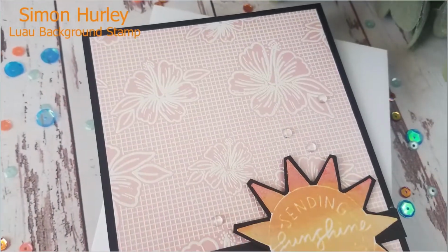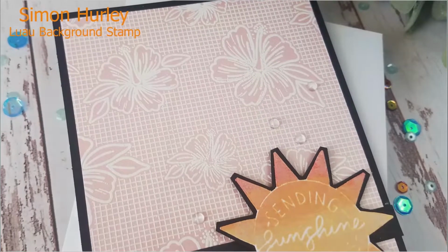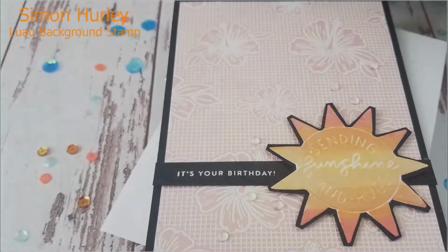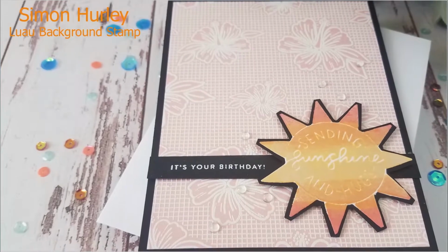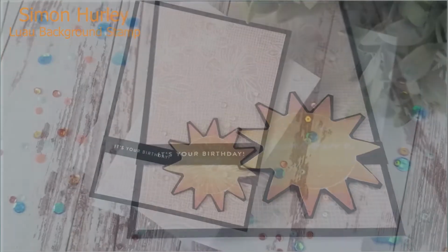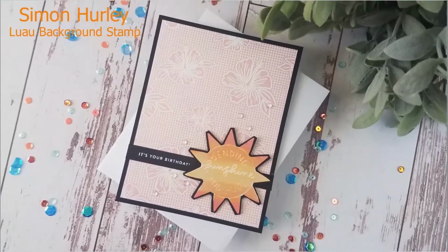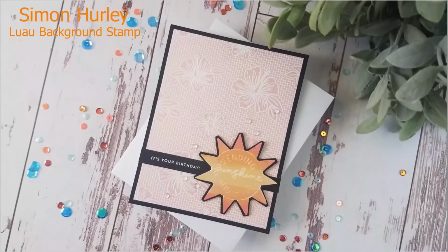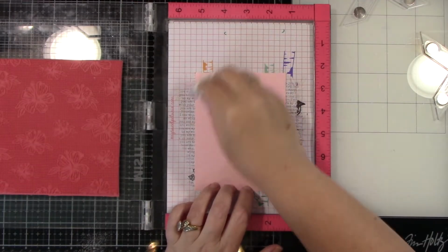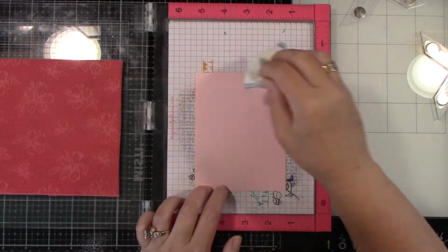Today's project is a project using Simon Hurley's Luau background stamp and his new road trip stamp. Now I'm in love with this background stamp. It is absolutely gorgeous and I think it turned out so beautiful on this card. We did some white heat embossing with it, so I cannot wait to get started to show you how to get this together. So I am taking some rose quartz cardstock from Cardstock Warehouse, and it's got a shimmer to